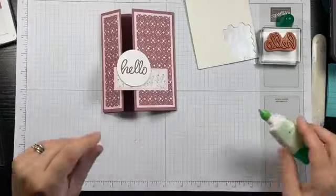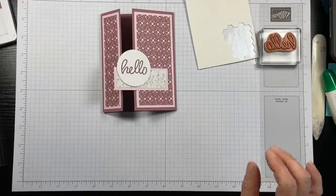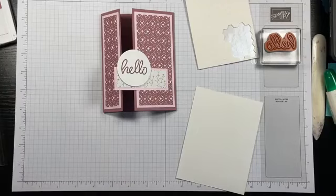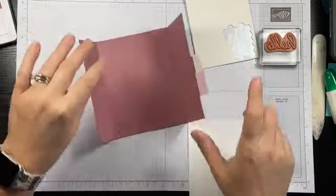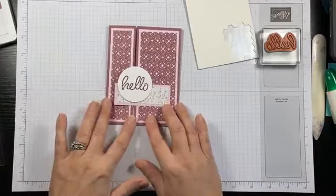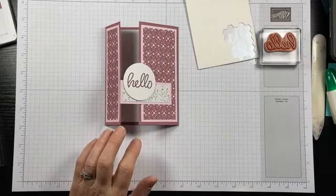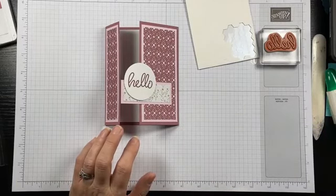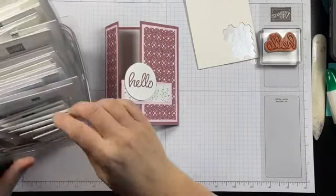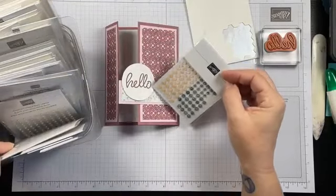And so there is our card. So if you would like to put an inside in this, because of course you're going to want to mail this to someone, this is just as easy as taking a piece of our Basic White and adding it to the center, and there is your gorgeous card. You can also bring in some embellishments that you might have,